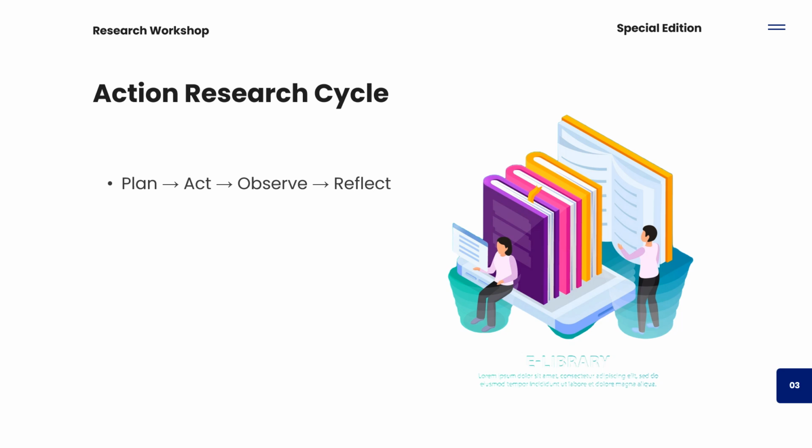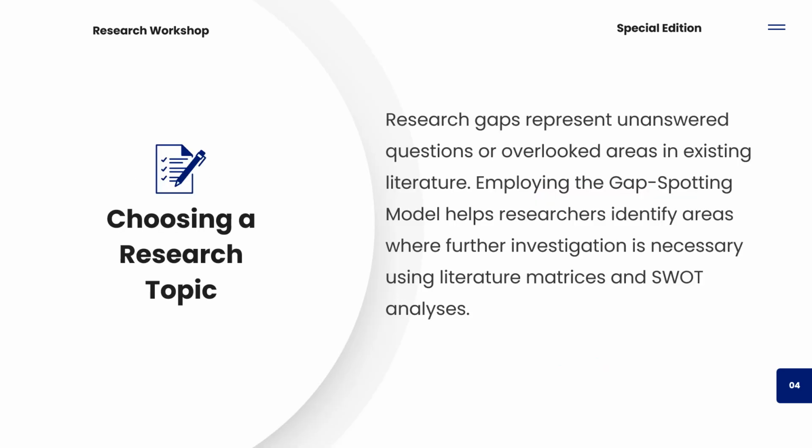So first is sit and plan. If you can sit to press your phone and do other things on your phone, then you can sit to actually plan for your research. Then act. The action is all these things you are going to be learning now. And in the process of acting, you observe. What are your observations? A good researcher must be a good observer. Then you reflect on what you are discovering and how you can make this process better. Now let's go to choosing a research topic.